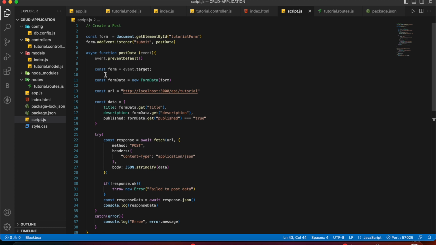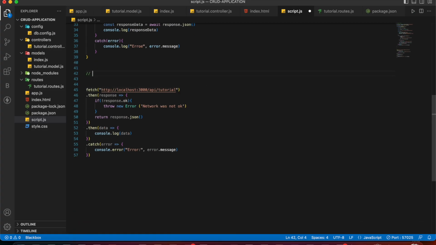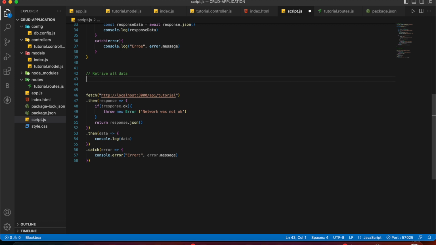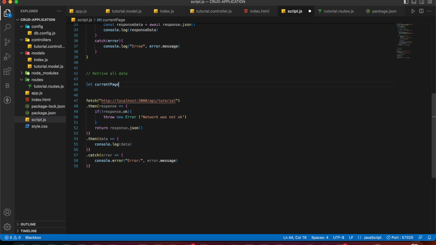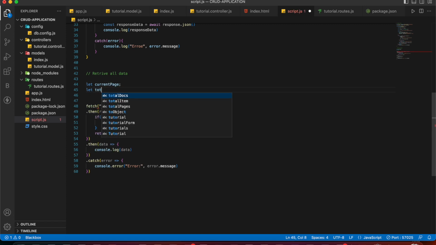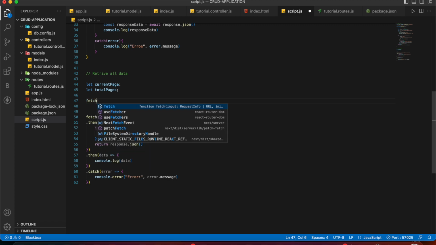And now we are going to retrieve all the data to display over here in the published and all tutorial section. So for that, which will be to retrieve all data. Now to retrieve all the data and for the pagination, we are going to define some variables here. So first will be our current page, and then second will be our total page, and then we are going to call our function here, fetch data,